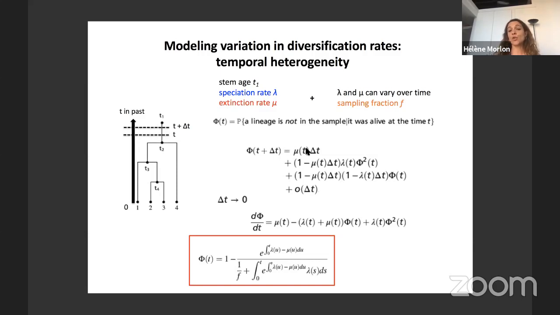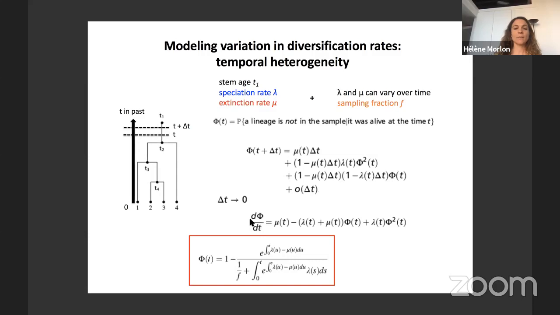Either the lineage goes extinct, or it doesn't go extinct. There's a speciation event, and the two descending lineages go extinct. Or there is no extinction event, there is no speciation event, and the lineage goes extinct. And then the other things that can happen are in O(Δt), and so we can obtain the differential equation that describes